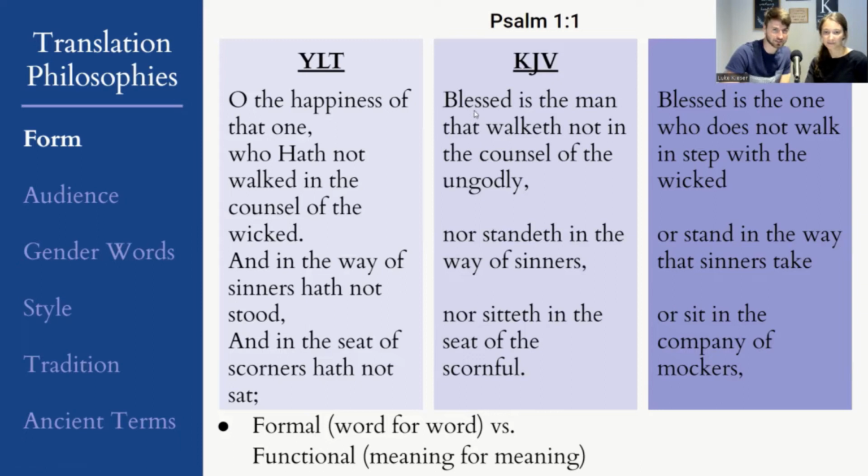King James, let's read this. It says, "Blessed is the man that walketh not in the counsel of the ungodly, nor standeth in the way of sinners, nor sitteth in the seat of the scornful." So much better to my ear. Yeah, it flows a lot better, but it is still very word for word. It moves some things, like here, "nor standeth" goes first, and then "in the way of sinners" comes after, because that's more natural English. But it keeps "in the way of sinners" together. Okay. It's still the same words, just in a different order.